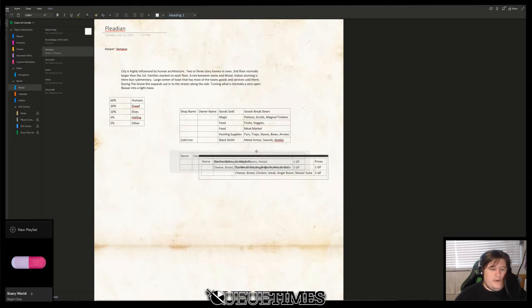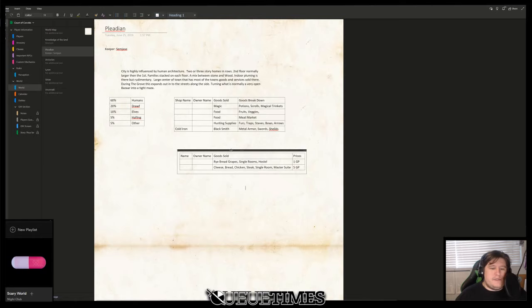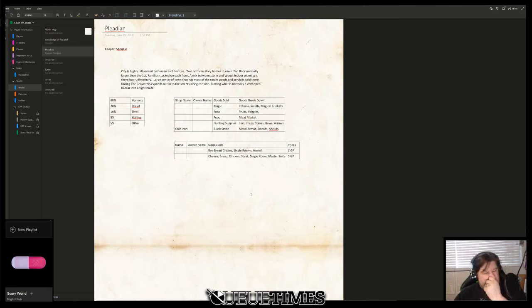So this will be basic, really good information for not only our players to have. Some of this might be information that I move over later on to just a GM specific section. Like, I maybe do not want to give them the price of everything. Maybe I want to have that price, and